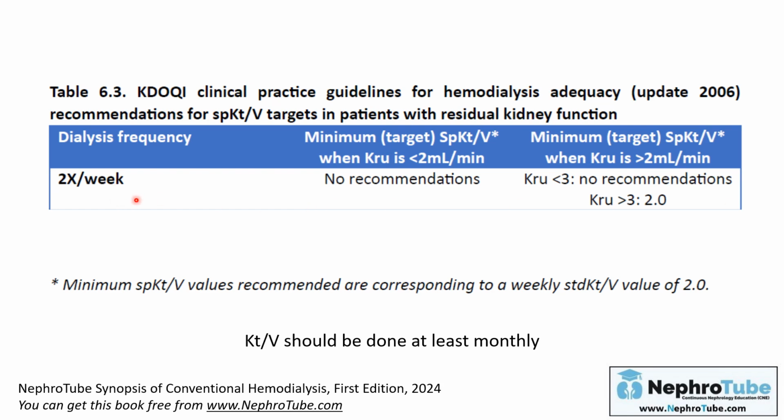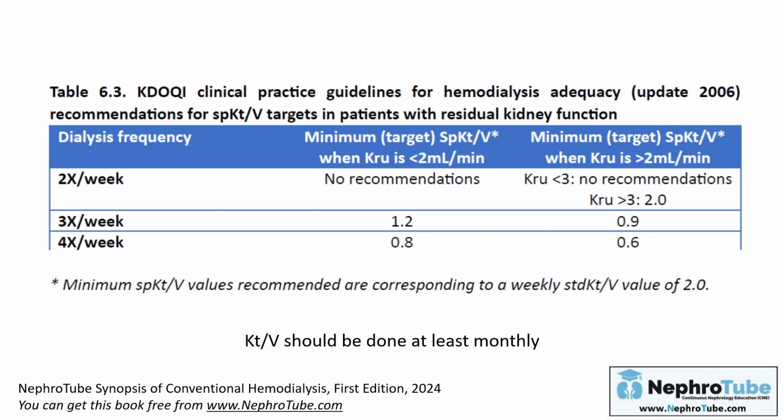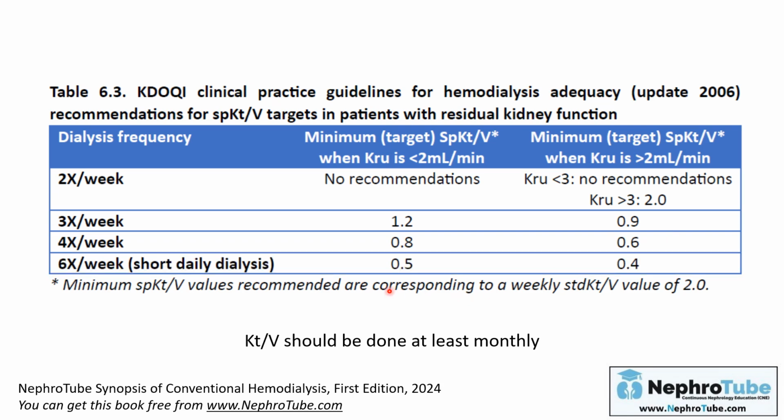If the patient is dialyzing 2 times per week and has residual kidney function less than 3 ml per minute, there is no recommendation by KDOQI. If it is more than 3, the recommended single pool Kt over V must be 2. If 3 times per week, here will be 1.2, here will be 0.9, 4 times per week 0.8, 0.6, and finally 6 times per